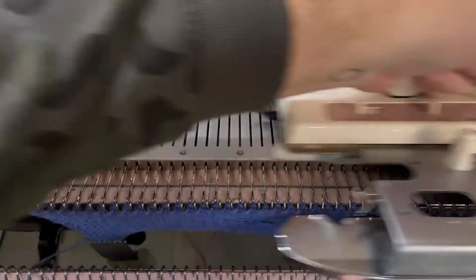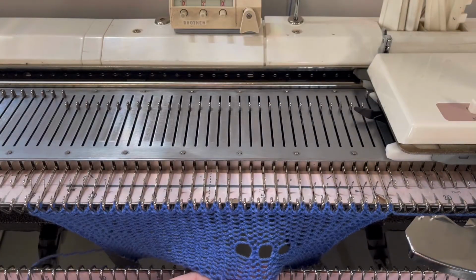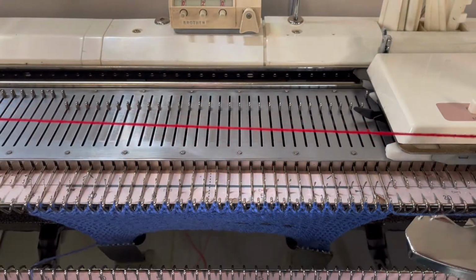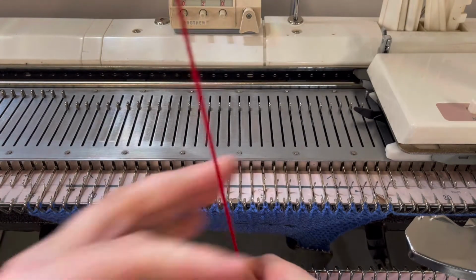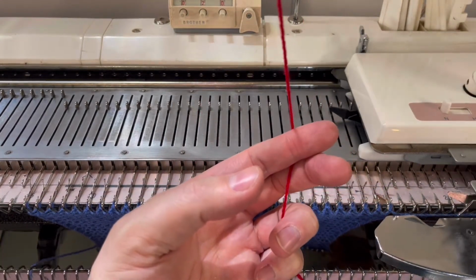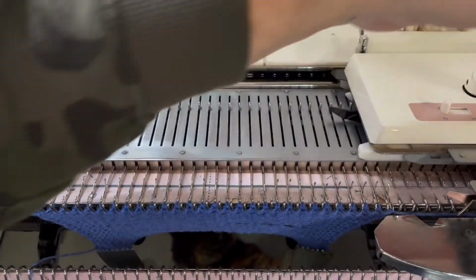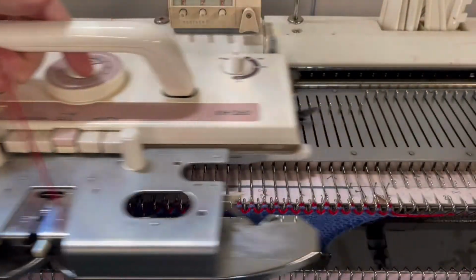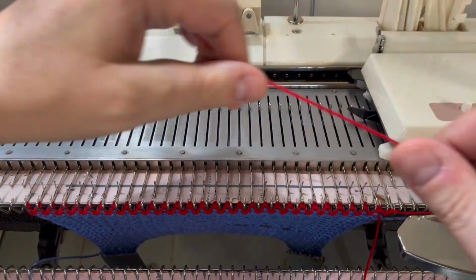Knit another 10 rows after forming the eyelets to complete the bottom margin. Using a contrast color, we'll mark the measurable area. Reserve 12 inches or so of your contrast color, then take the main color out of the yarn feeder, park it, do not break it, and add your contrast color into the feeder. Knit 2 rows to form a stripe, break the contrast color,